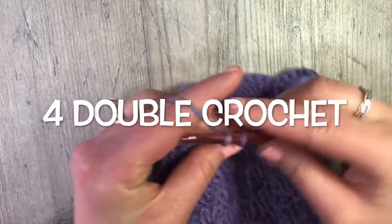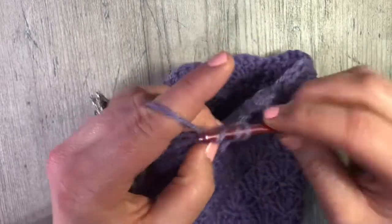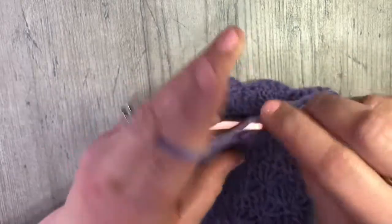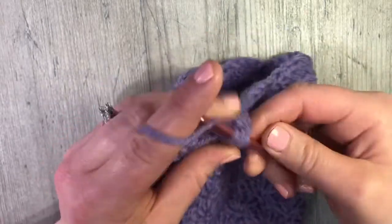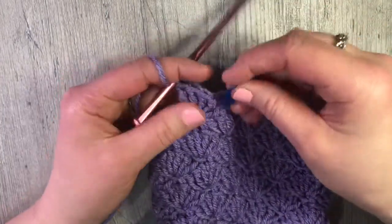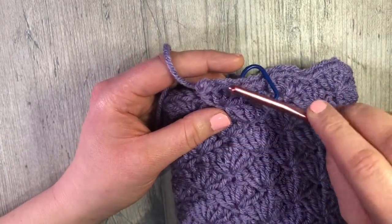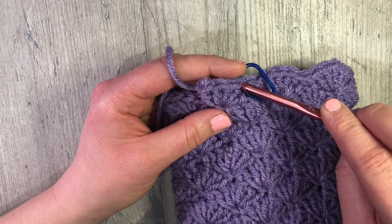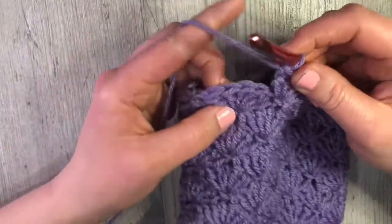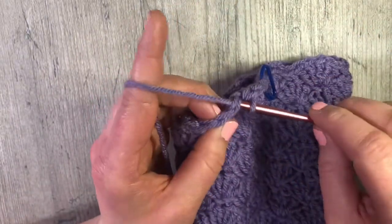So 1, 2, 3, 4. Take your stitch marker. So I added my stitch marker on the beginning of my 4 double crochet shell. Now we are going to continue to skip 2, single crochet,